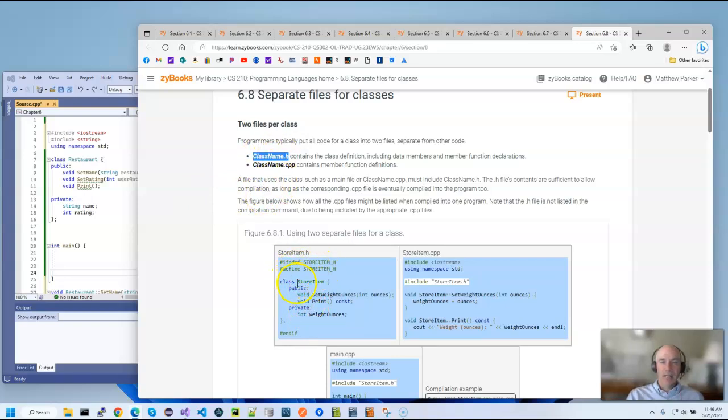So we've got a store item. It's going to have weight ounces. It's got a method called print. It's got a setter for that particular field. That's all it has. And then over in the CPP file,